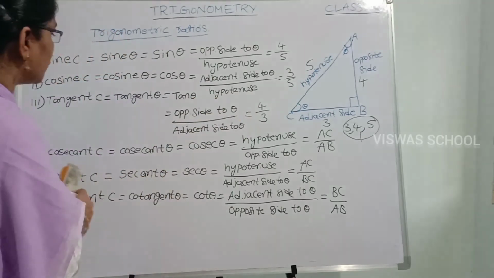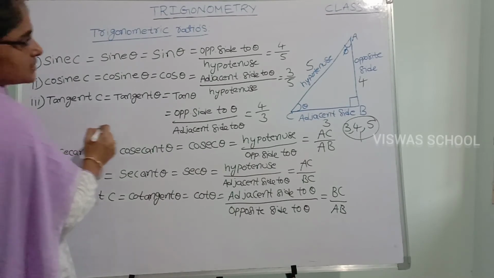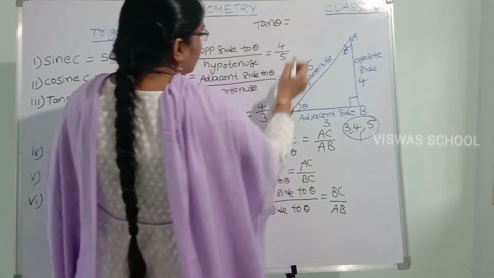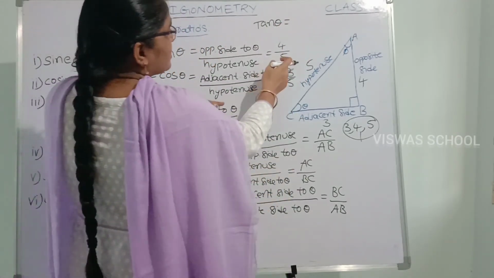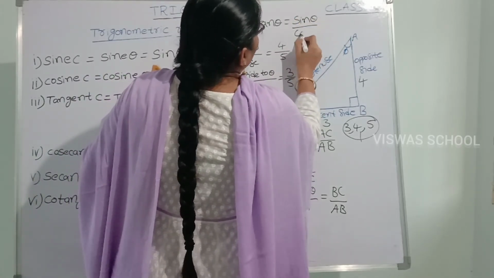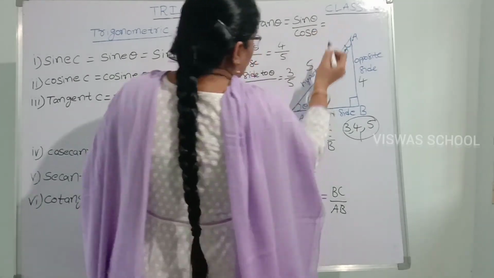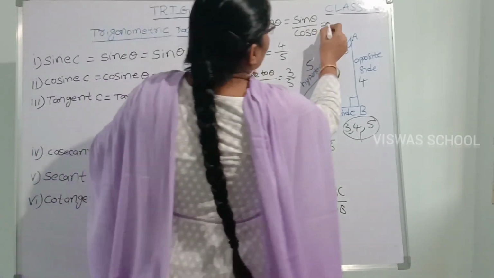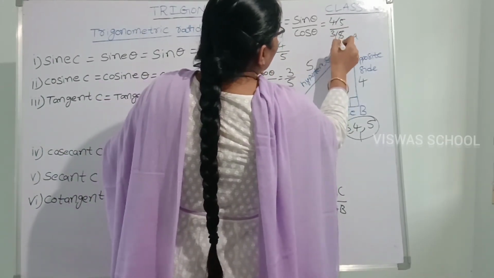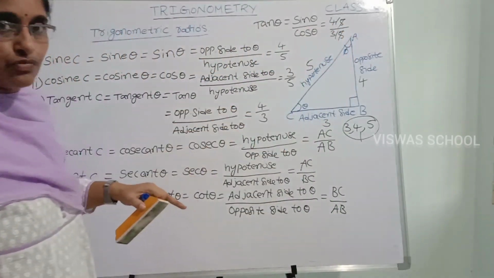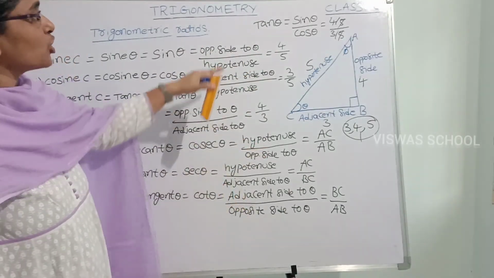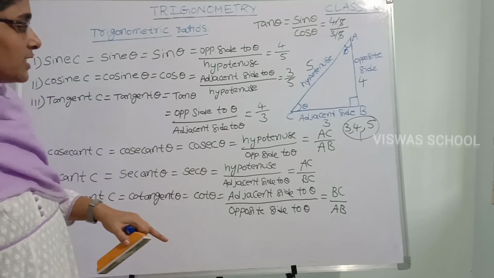Once you observe here, tan theta is equal to, here I am writing, how are you getting this 4 by 3? This is sin theta by cos theta. That is sin theta is 4 by 5 by cos theta is 3 by 5. Here 5 gets cancelled, remaining is what? 4 by 3. That is, if you know the values of sin and cos, then automatically you can find out the tan theta value also.